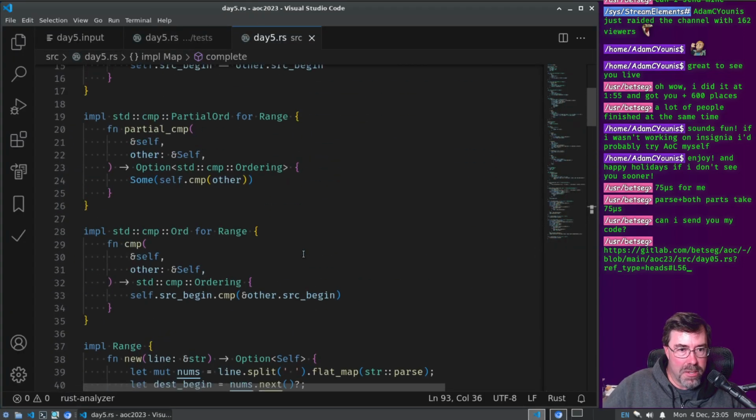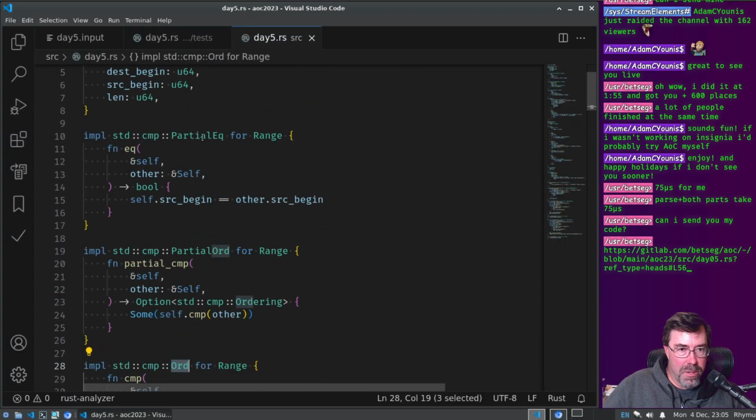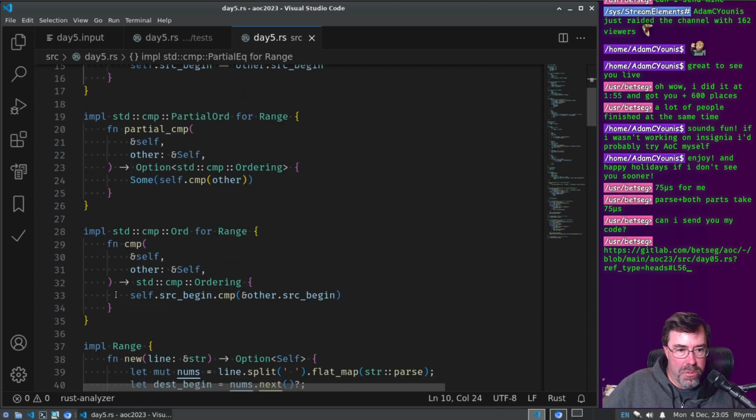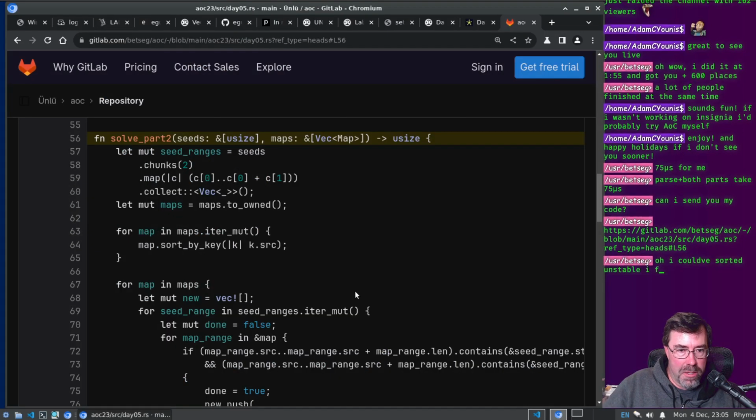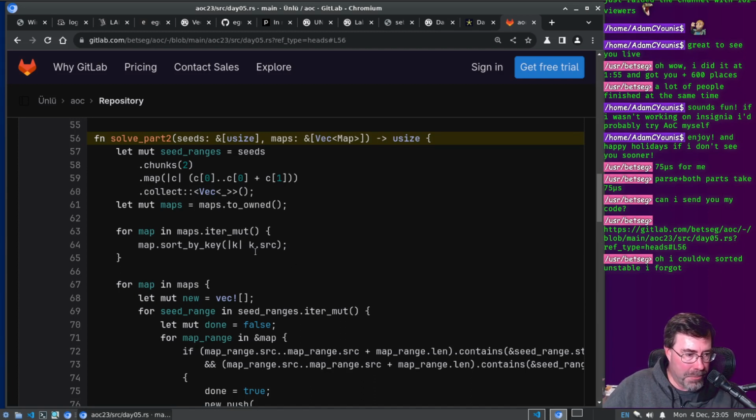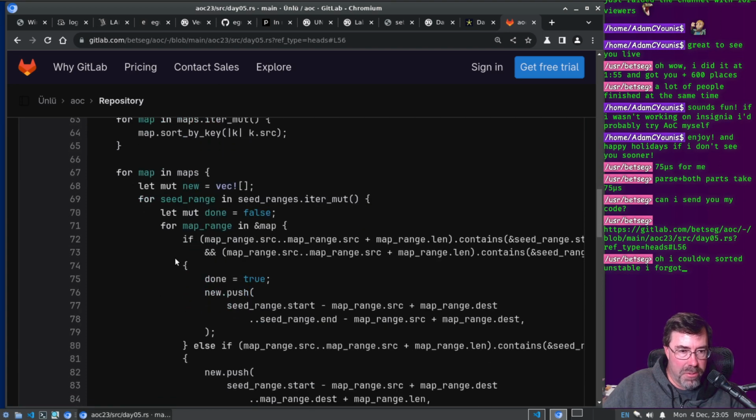I just implemented order and equality, and the order I did on the beginning, and then you abbreviated it, but it's basically the same thing. Sort by the beginning. Could have used sort unstable? No, but yours is a lot more brief, so I kind of like that. So for map in maps, seed range in ranges, for range in, okay.